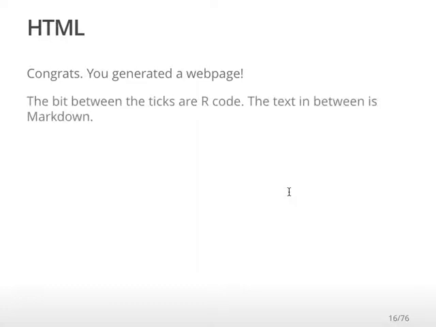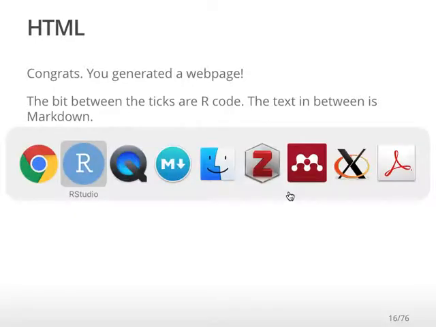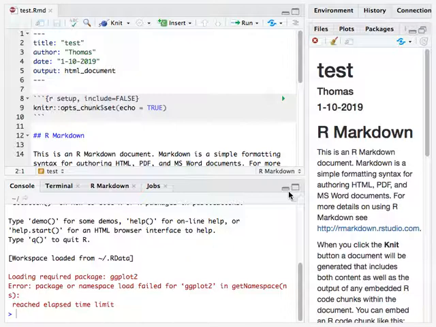So you've built your very own web page after you've done that. So you've generated a web page. .html is a web page. And so if we now go back and look in R, you'll see some bits between these bits. Those are the type of things which tell you a little bit about your documents. So don't touch those. Don't touch this bit, because this is telling R how to build this type